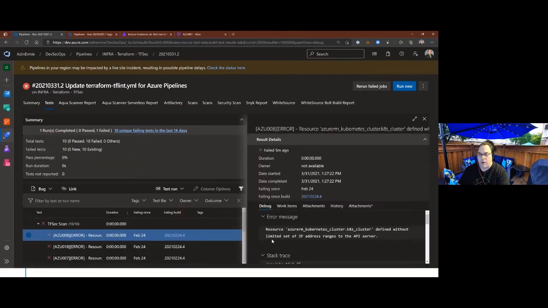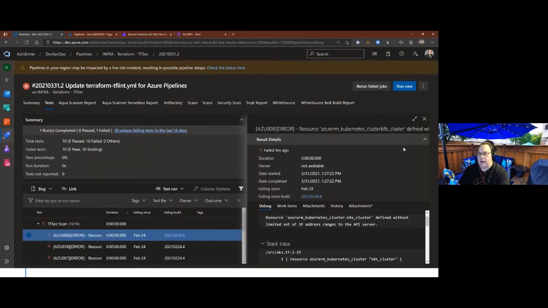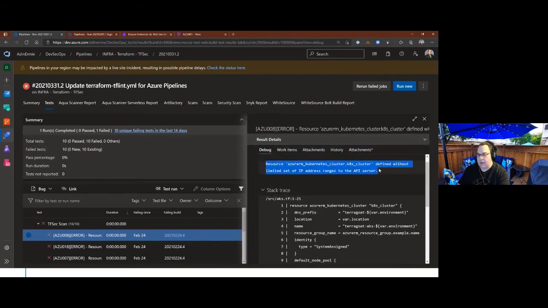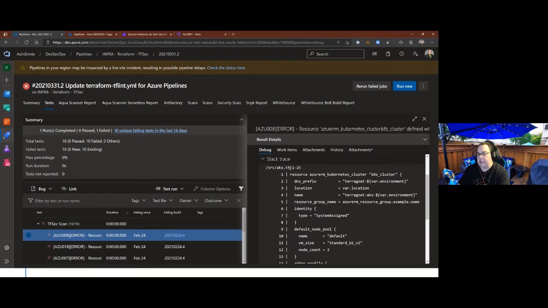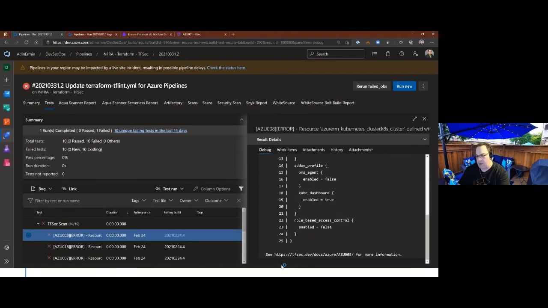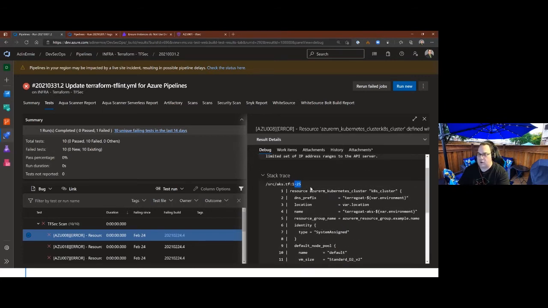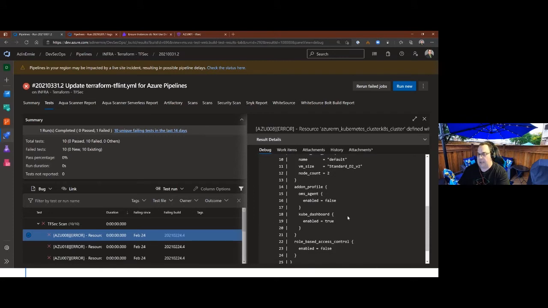And just like the other one, right, it spits out the error message. Let me collapse some of this a little bit here, but here's that error that we got, and then here's that stack trace, specifically what file, what lines, and here you go. You could kind of get the same output that we got from the console, not with the colors, but that's okay. We still collect that information.